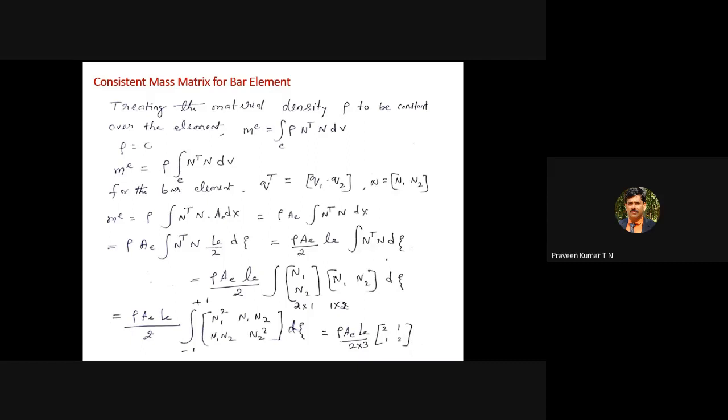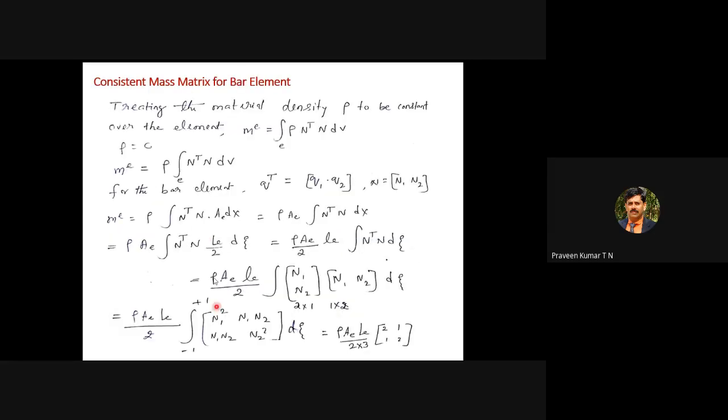From the examination point of view, if you remember this formula value for the integration of this complete term, it is better. That will be 1 by 3 into [2 1; 1 2]. Otherwise you have to go for the integration. The integrations are shown separately, so now we have the integration. I am expanding this term and going for the integration. In the examination, depending upon the marks, you can straight away write this formula.